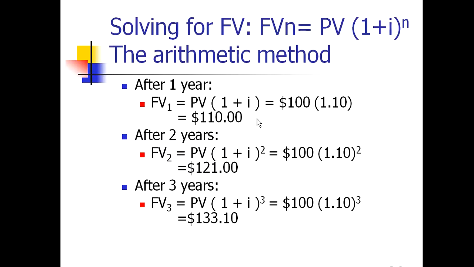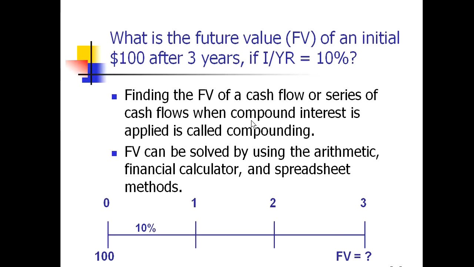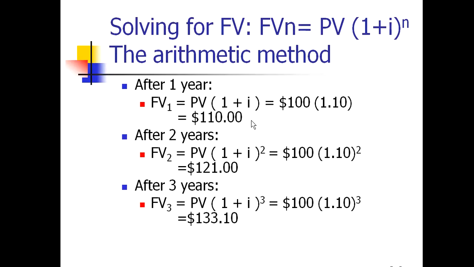Here easily we have to multiply the present value, which is the beginning amount, by 1 plus the I, which is the rate of interest, then you will get the answer. And here the rate of interest was 10%. Therefore 100 multiplied by 1 plus 10% to the power of 1, which is 1 year,